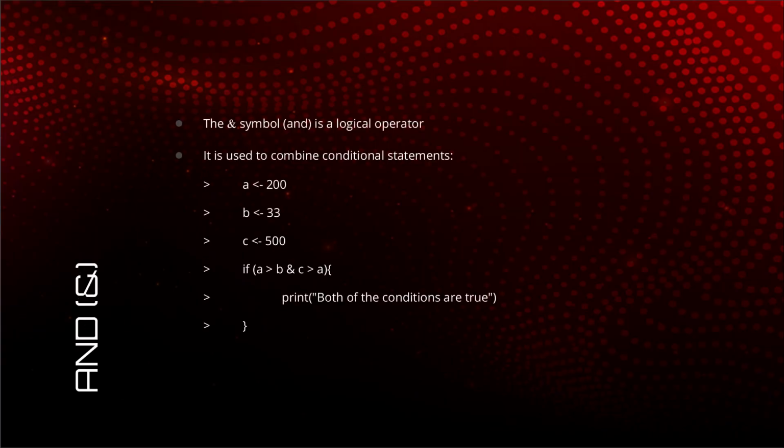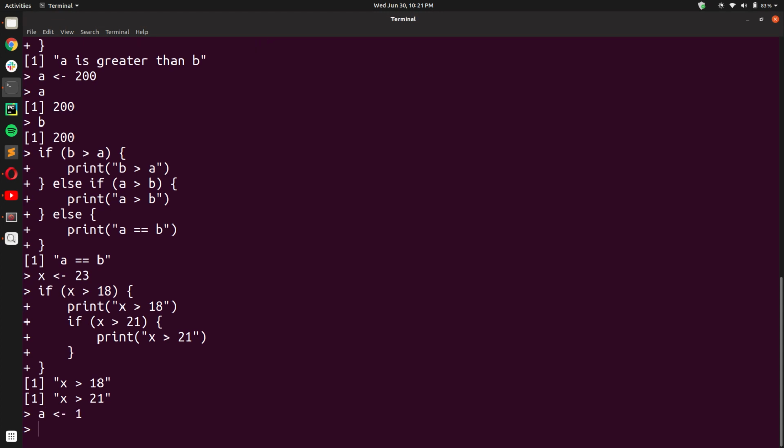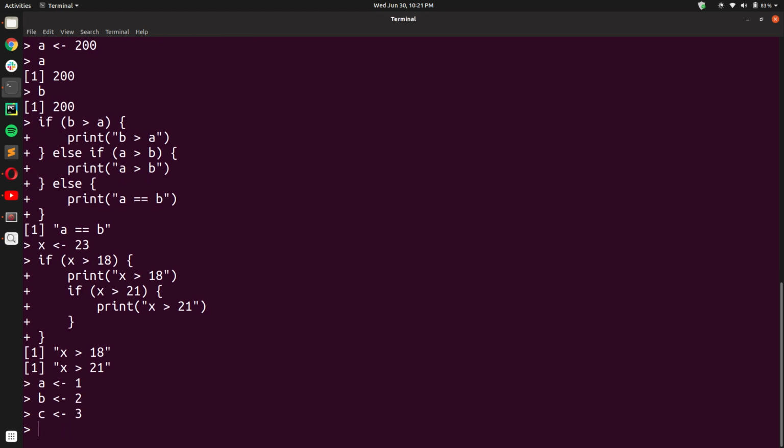Okay, so now let us talk about the logical AND operator. This operator is used to check whether two statements are true simultaneously. Let us say we have three variables, a with the value 1, b with the value 2, and c with the value 3, and we want to use the logical AND operator.